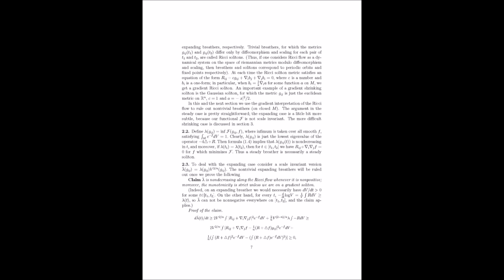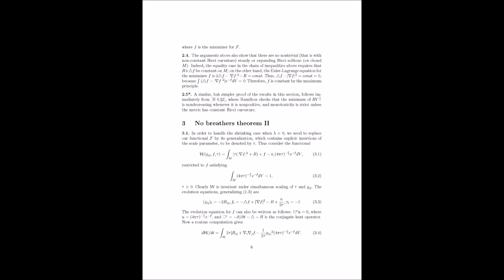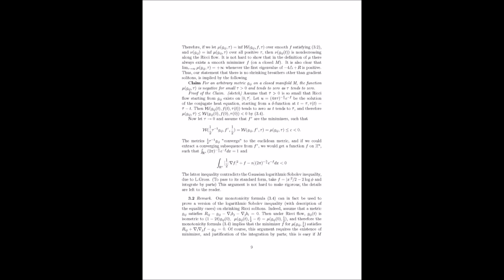So here, L is the L length of a curve, the Laplacian of L is a way to measure how spread out the curve is, R is the scalar curvature, N is the dimension of the space, tau is the time parameter, and K captures information about the curvature along the curve.